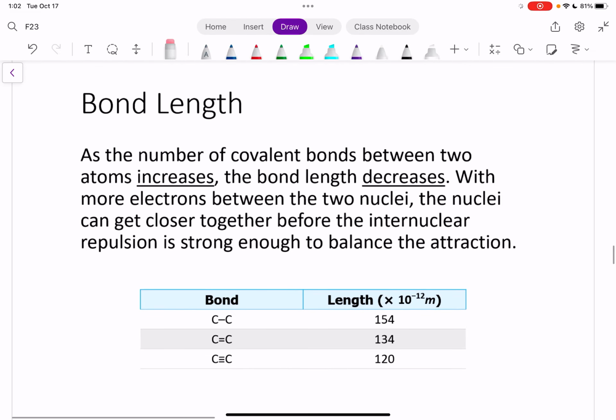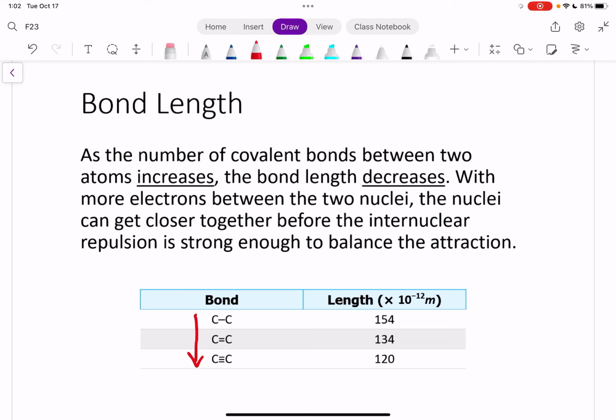All right, now I want to switch gears and talk about bond length. So we've noticed after a long time of observing these covalent bonds that as we get more and more covalent bonds, right, we go from single to double to triple covalent bonds, we've noticed that the bond length decreases as the number of covalent bonds increases. So as we get more and more covalent bonds forming between two atoms, we see that the bond length gets